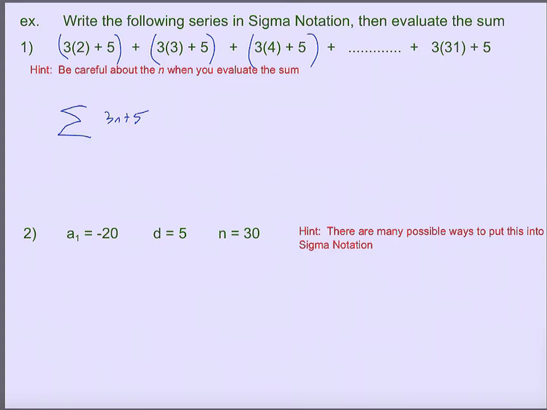And we can tell by looking that the first n we plug in is 2, and the last n we plug in is 31. So there's my sigma notation. Because this is linear, that means we know our series is arithmetic, and we can use the formula for S sub n of an arithmetic series